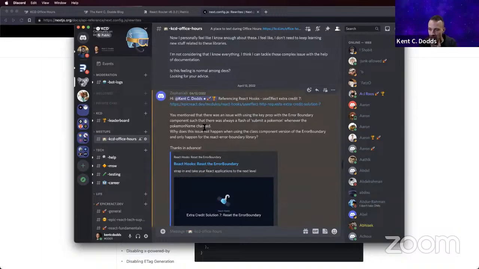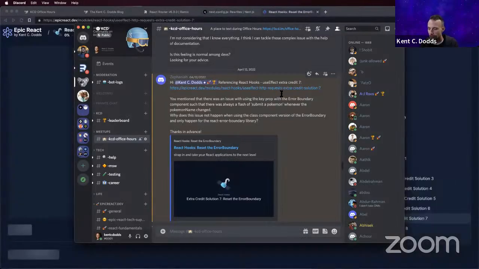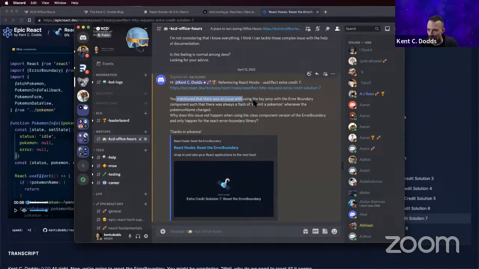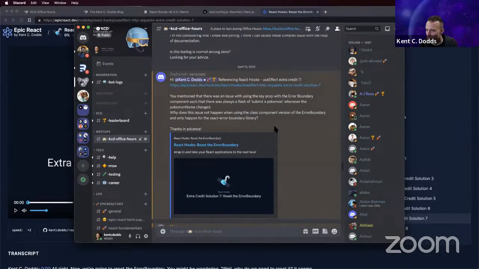Zephania, hopefully I said that correctly. So we're talking about useEffect extra credit 7. You mentioned that there was an issue with using the key prop with the error boundary components, such that there was always a flash of a submit Pokemon whenever the Pokemon name changed. Why does this issue not happen when using the class component version of error boundary and only happen with the React error boundary library? I think I'm going to need you to reproduce or give me the code for both, because